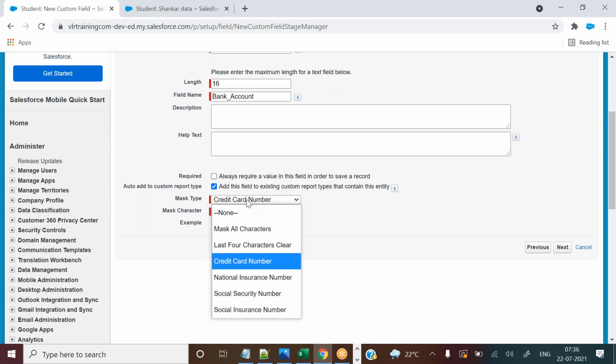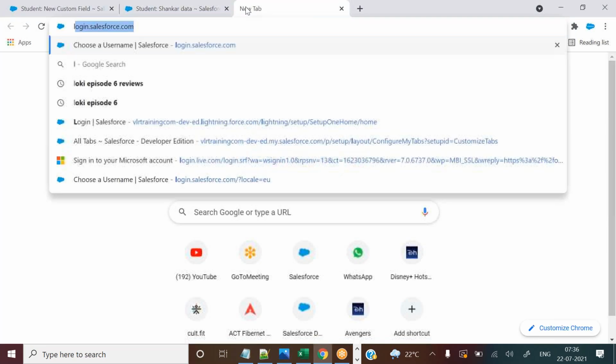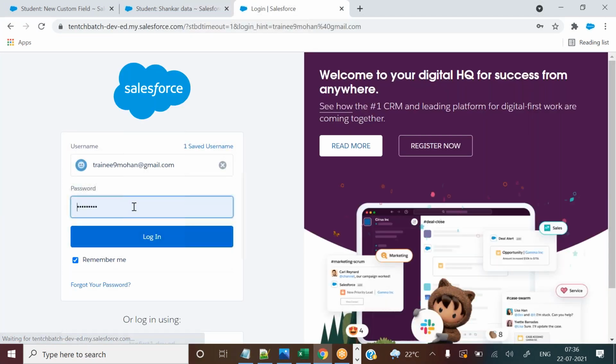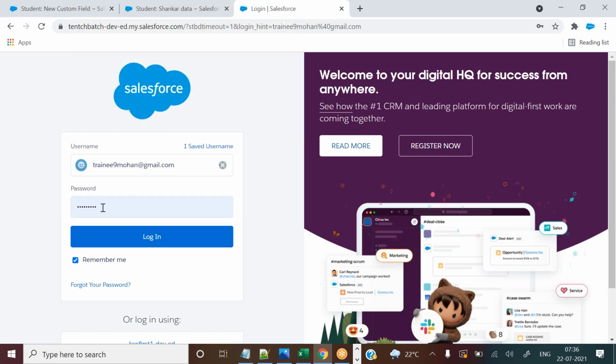Suppose mask all characters is selected, and instead of X I can select this one. This is what we generally see when entering a password on login.salesforce.com. If I am entering the password, let's see here, the password is masked. This is also masked by Salesforce.